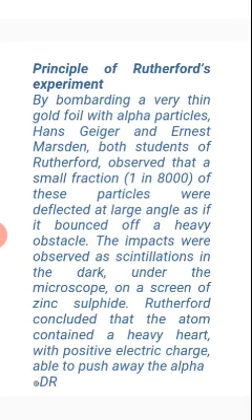Principle of the Rutherford experiment. How did he perform that experiment? Actually, he bombarded alpha particles on gold foil. Gold, symbol Au. He found that when he bombarded alpha particles on gold foil, most of the particles passed through the gold foil,